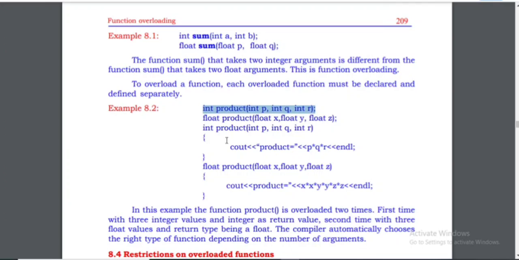When there is a function body, where some set of statements are within the function, that is function definition. So function declaration is different and function definition is different. Okay, so you can expect this 5 marks question: explain the need of function overloading, or discuss the overloaded function with syntax and example.